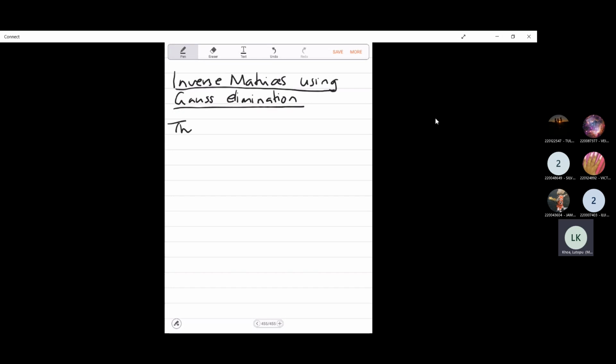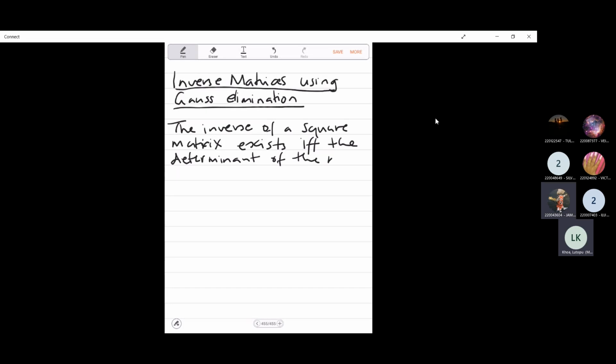So we say that the inverse of a square matrix exists if and only if the determinant of the matrix